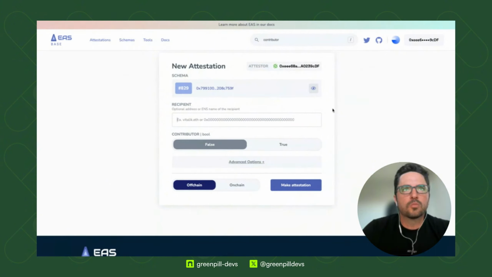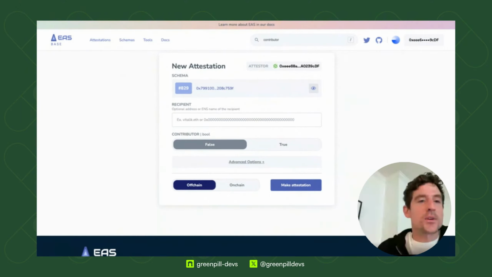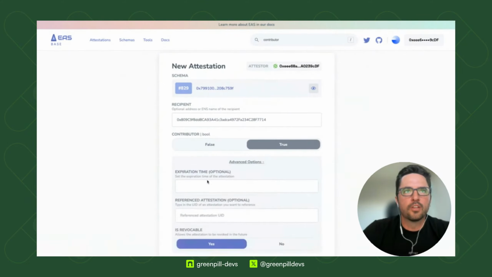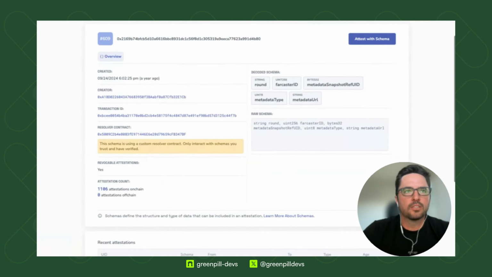But for a recipient, we can add, who's got a simple ENS name that I could just attest to for fun here? I've got Paul2.eth. Paul2, like this? Exactly. Nice. So it resolves, right? So even on Base, we help resolve it properly. Contributor, true. And then you can set an expiration time, right? So if you have a subscription, you can allow it to automatically expire. And then every attestation gets that specific attestation UID.